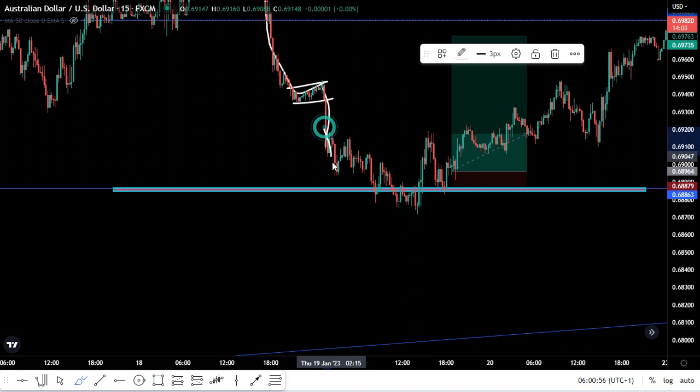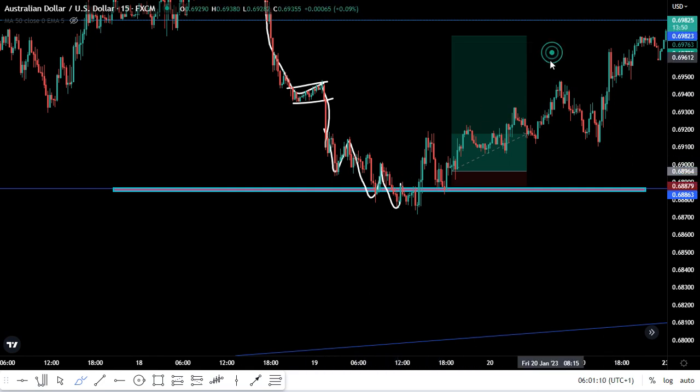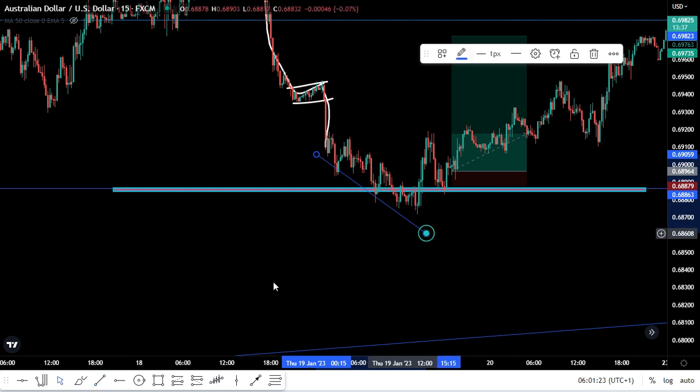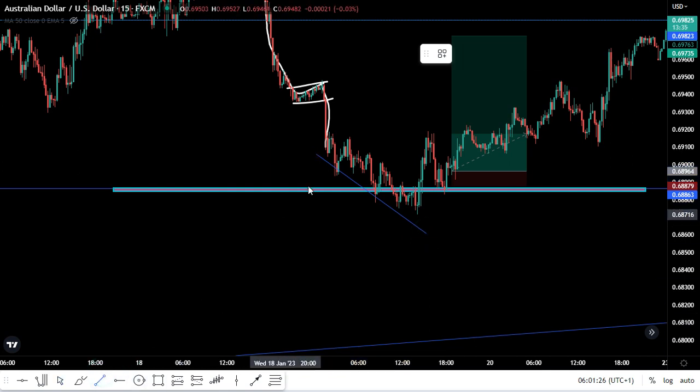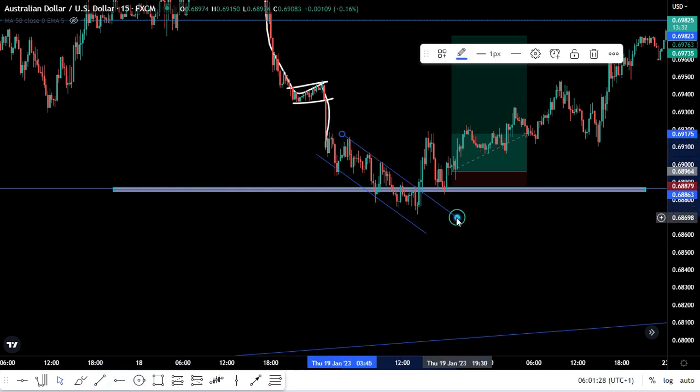The price started correcting, giving us those higher highs and higher lows. You can see the price doing this. So now that the price is correcting this way, creating this structure, what do we have to do? We simply check what pattern exactly the price is creating towards this zone, so that we make sure it's a reversal pattern. If you connect this line right here this way and also connect this one,